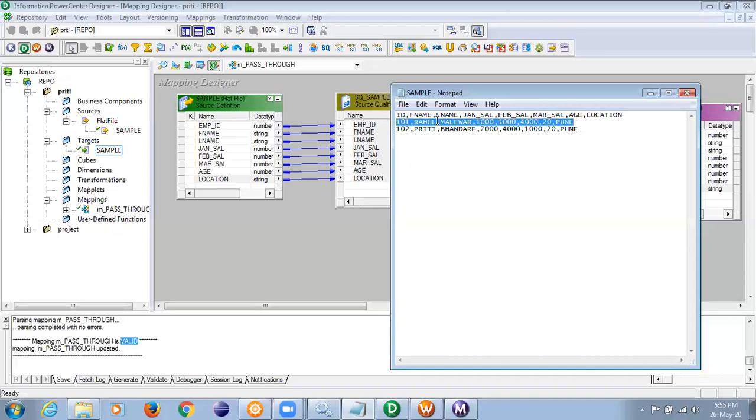Now what I want in the output is all the records that are from Pune. So obviously you will say it's a location Pune, so column wise. Don't think that way. Never ever understand the problem that way in Informatica. You will always fail. Just understand while calculating, is that calculation dependent on more than one row? If the calculation is dependent on more than a row, it's a column wise calculation. If the calculation is dependent only on a single row, it's a row wise calculation. Clear? This is the problem with everyone actually. So please be very clear.